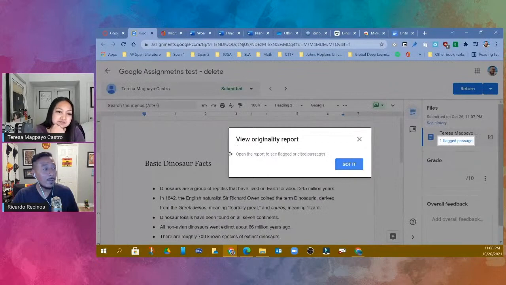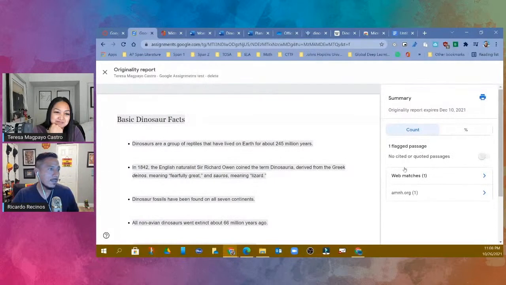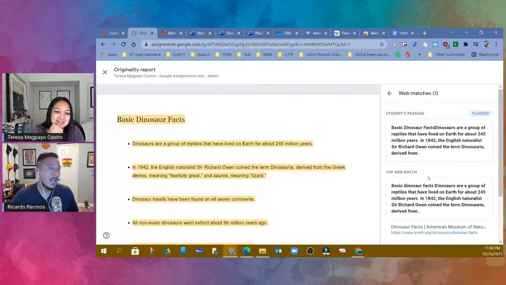And notice that when I open it, it automatically tells me, oh, guess what? She didn't write this. So I automatically can see that and I can say, got it. And it's going to open the originality reports right here. And I can go and check on it. And basically it will give me the same information that it gave Teresa. So similar reports in Word and originality reports in Google. Great tools, and you're not limited to Canvas. You can do this in Google Classroom as well for those who are using it there. So same concept. Another great tool to have for our students and also for the teacher if you didn't know that you had something like this.